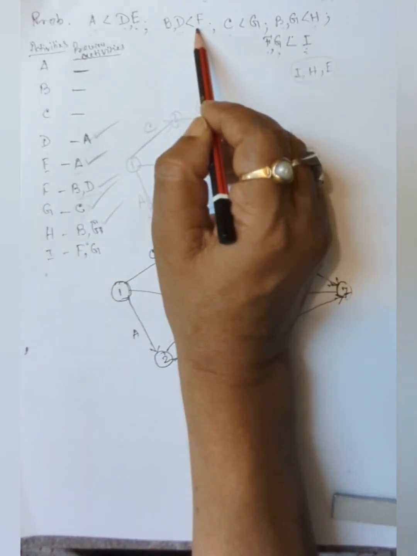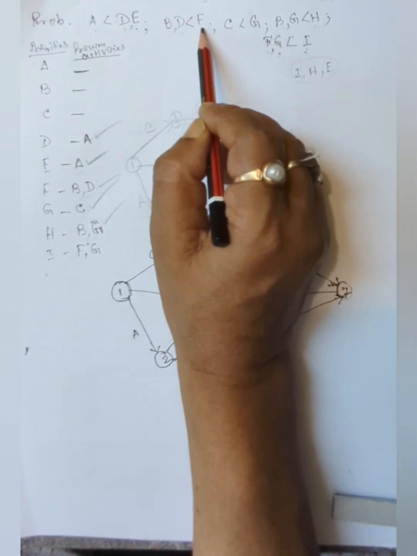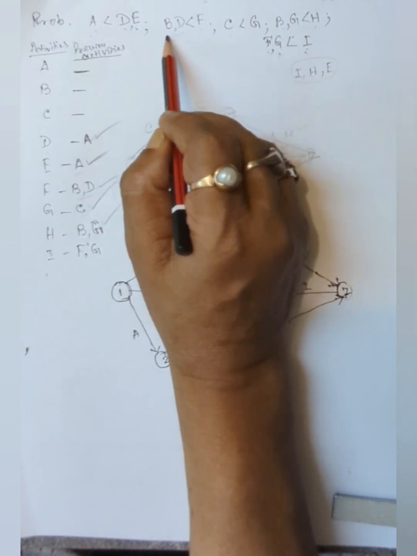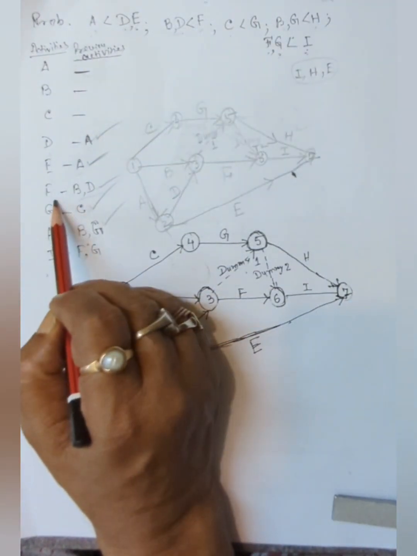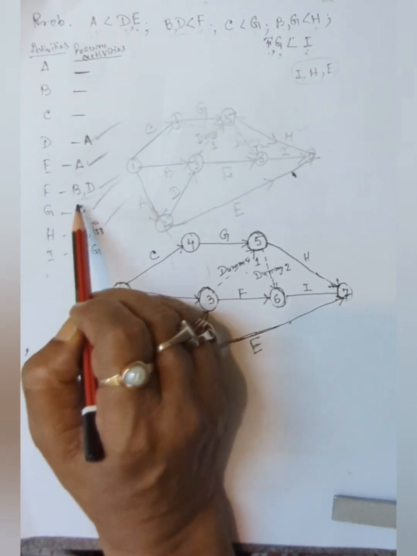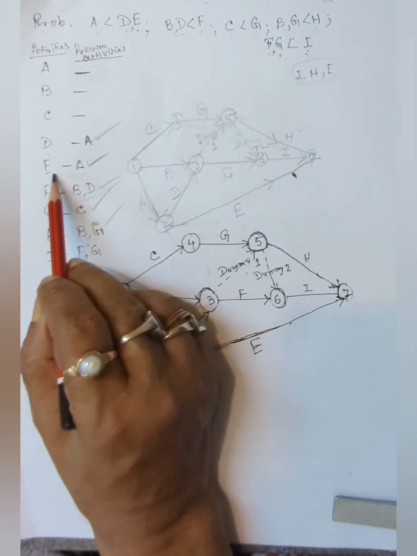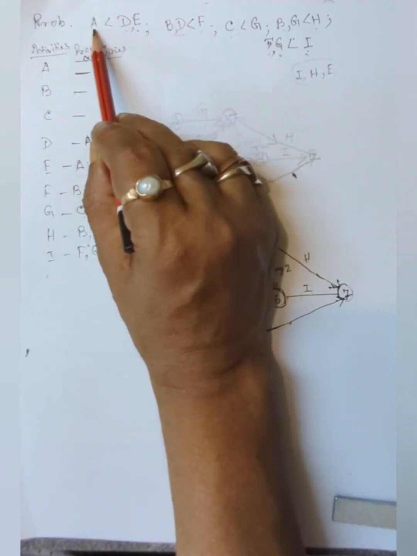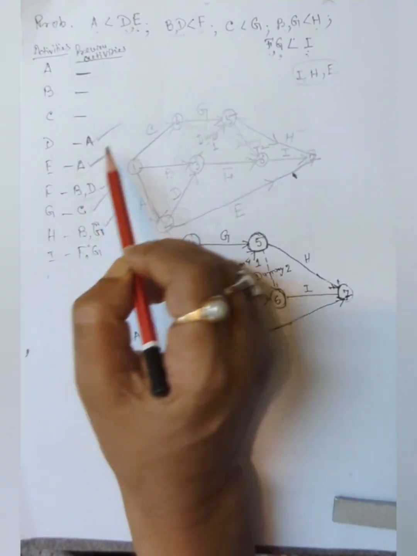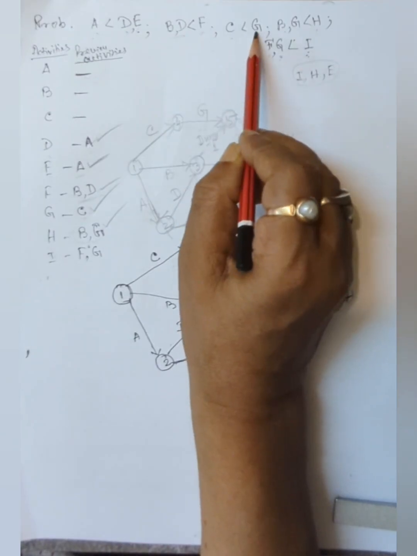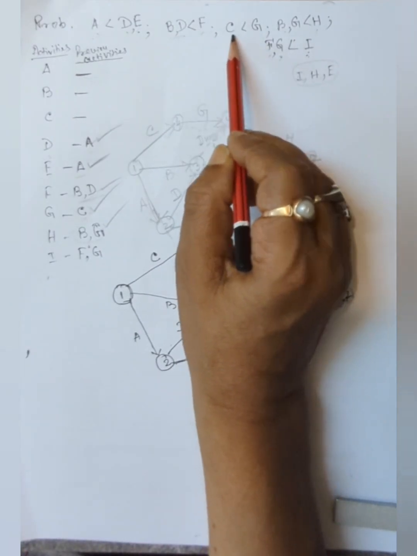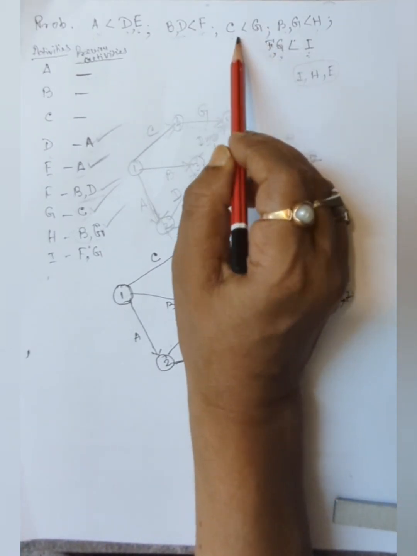For F, before starting F, you have to complete B and D. For E, check E, you have to complete A. That's why A. And C and G: C less than G means